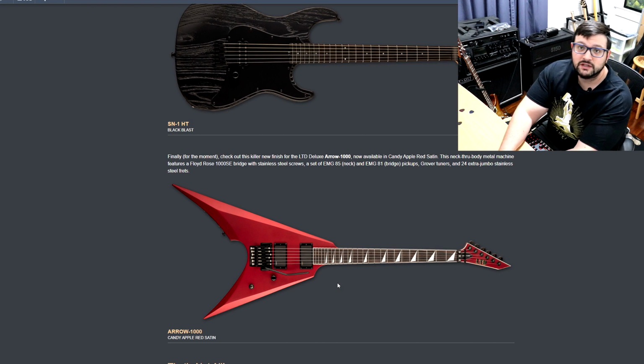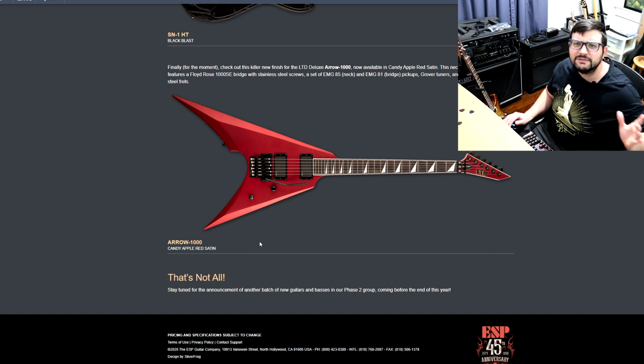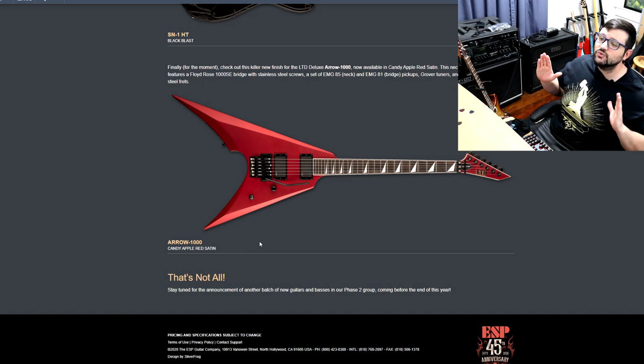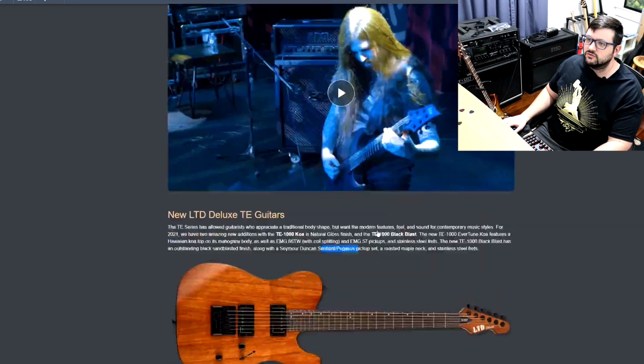Now, I'm not the biggest fan of these, but you got a good bridge. You have awesome frets, pretty good pickups. Yes, I love the V. And as ESP tells us at the bottom, that's not all. Stay tuned for an announcement of another batch of new guitars and basses in Phase 2 coming before the end of the year. This is where I suspect we'll see the E2s. But guys,